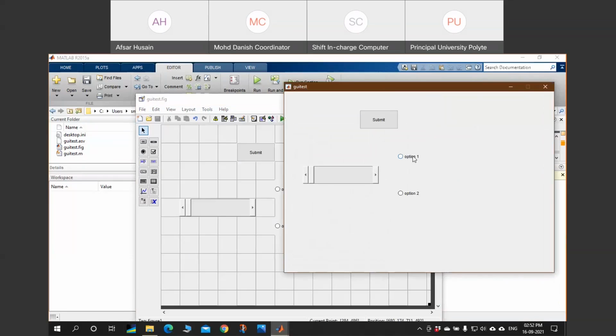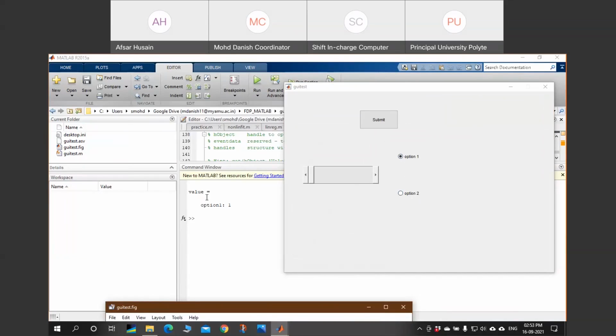Now I have two options, option 1 and option 2. See over here, if I choose this option, it will be selected. The answer should be 1. So you can see value.option1, which means this structure value, within this structure value there is a variable named option 1, and the value of this is 1.